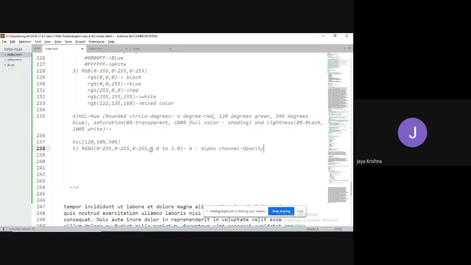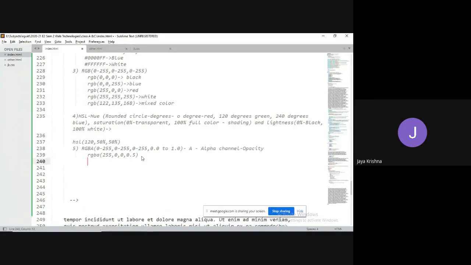We can define it in the form of a percentage also, 50% or like that. You can define 0.0. For example, I am writing RGBA of 255, 0, 0, comma 0.5, meaning full red color with some transparency. Okay, fine.